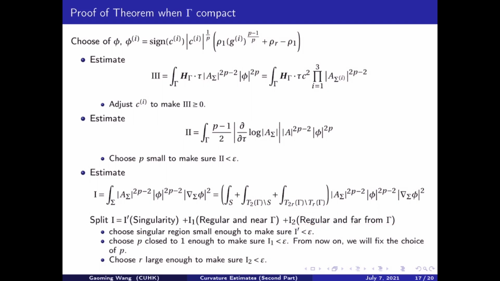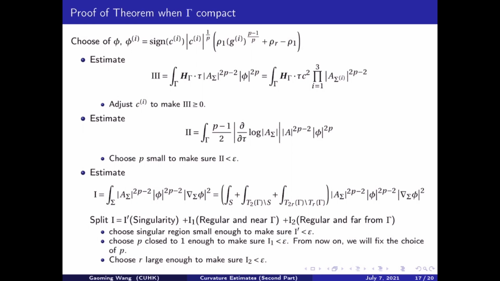Note that phi is locally constant in the region T_R gamma, but out of T_2 gamma, so we can omit the integration on this region. For the integration on the first region, we can choose S small enough to make the integration as small as we want. Then for the integration on the second region, we need to choose p close enough to 1 to make it small. This is because G is strictly greater than 0 in this region, so phi converges to C uniformly in this region